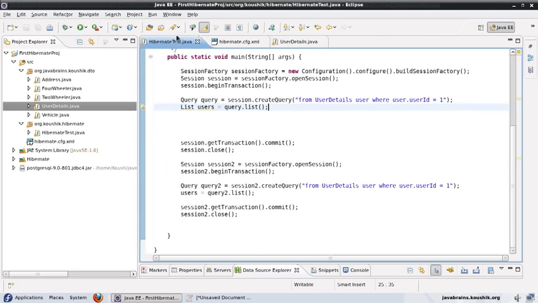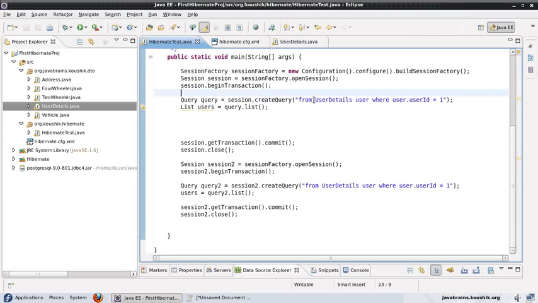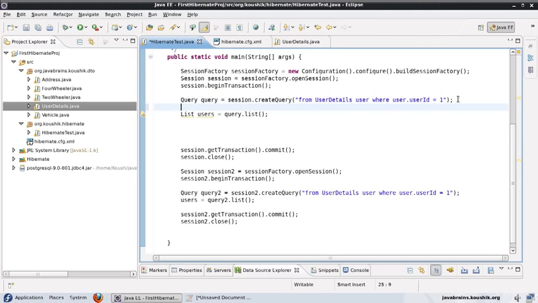Okay, the same way for a query, we need to tell Hibernate, hey, make this query cacheable. Not all queries are cached by default, just like not all entities are cached by default in the second level cache. So in order to make a query cacheable, what we need to do is here, after our session.createQuery, we need to say